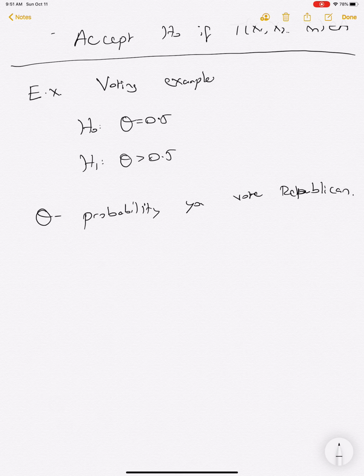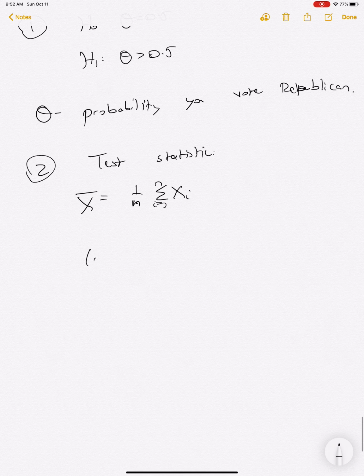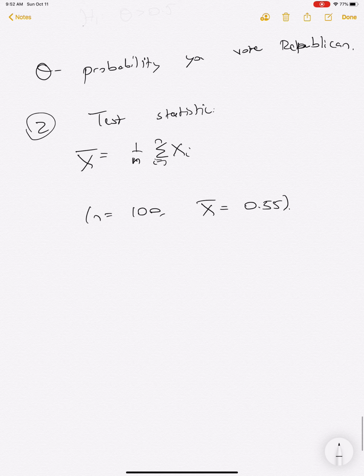Okay, and so I'll call this component 1. Component 2, we have our test statistic. The test statistic is x bar, which is 1 over n times the sum of the xi. And the actual value is here: you have n equals 100 and x bar is 0.55. And then the third component is the distribution